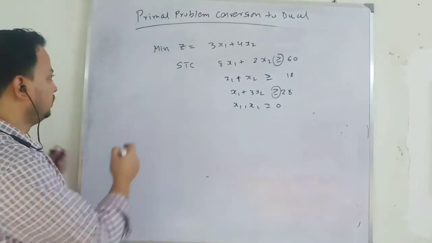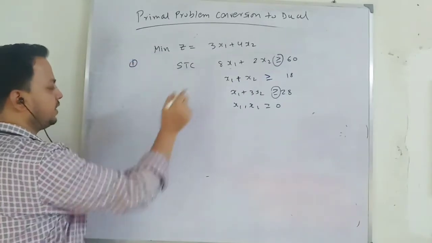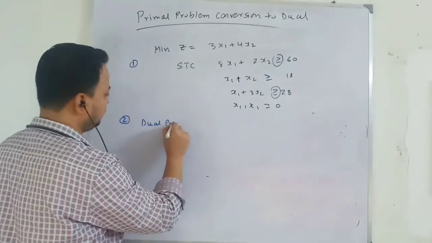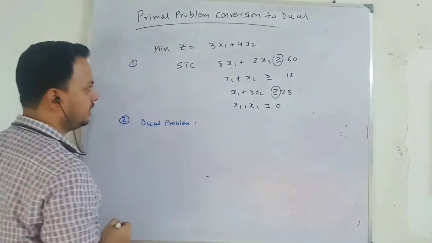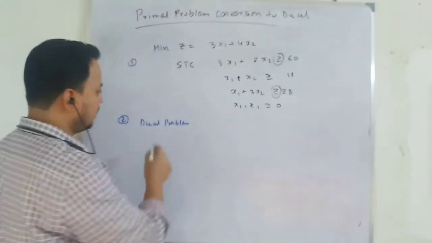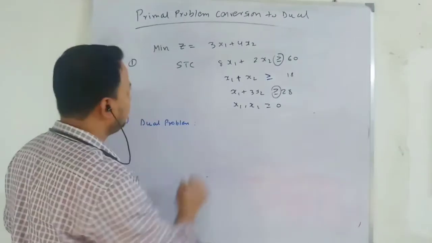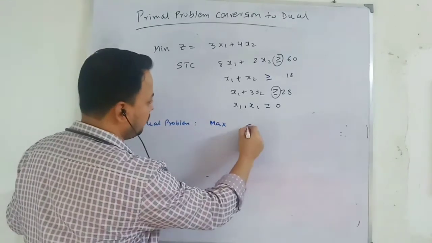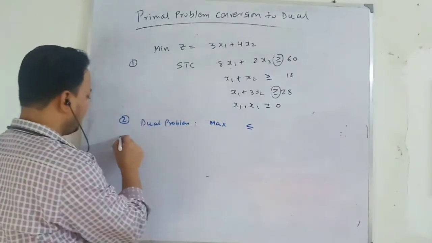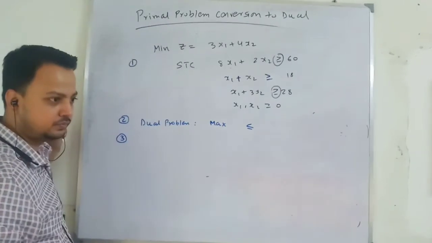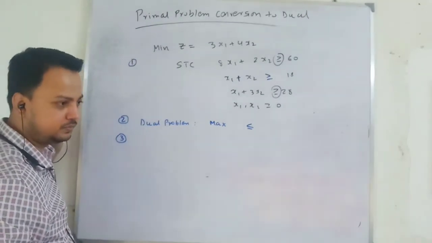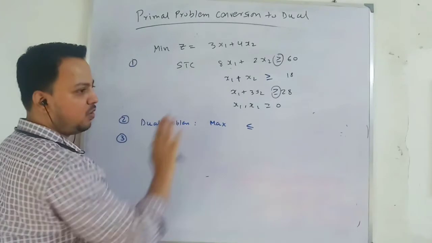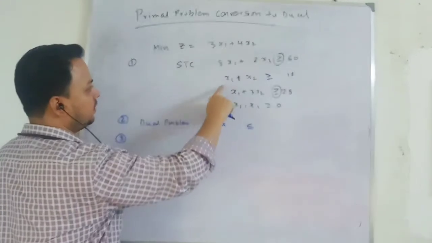Now next step, what we have to do? This is the first step, convert into standard form. Second step, set up dual problem. Greater than equal to 80. Okay. Dual problem. So what will we do? I have a minimization case, so I have to do the maximization case. In case of maximization, all the constants will have less than equal to sign. What is my third step? I have to look at how many variables we have and how many constants we have. So we have 2 variables and 1, 2, 3 constants.